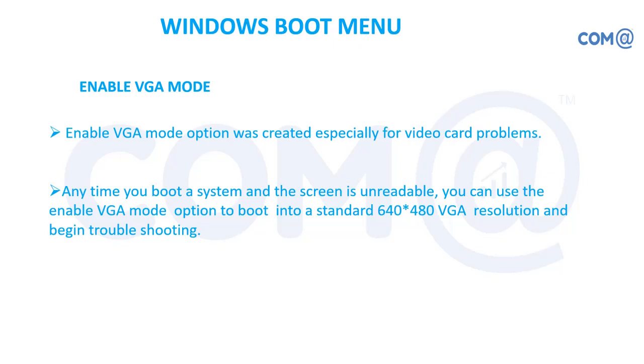What I'm going to do is boot the system and choose the option. What happens is Windows takes the default VGA driver and assigns the resolution as 640 by 480. So you will have the system ready with 640 by 480, but this is not going to be a permanent one, right? So what you have to do with the hardware, the VGA hardware, whatever you had, right?